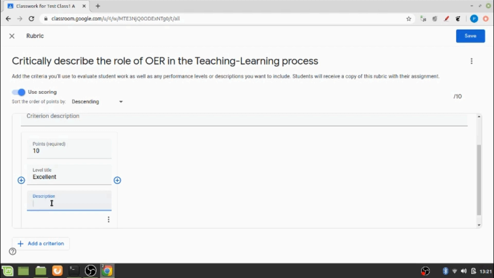Say when the content is up to date and it covers all the recent advancements.